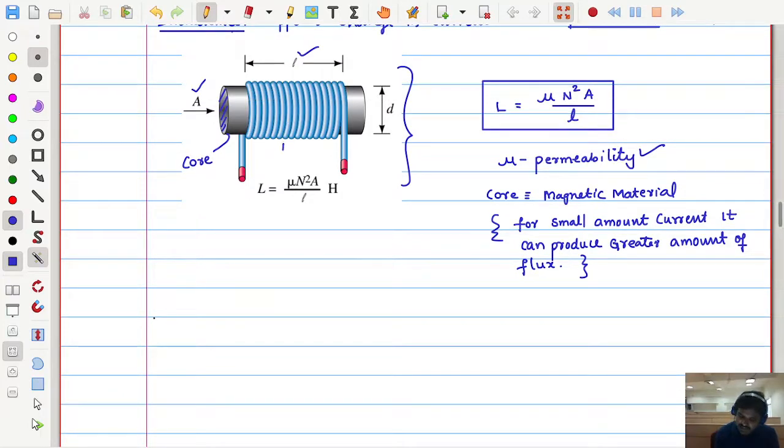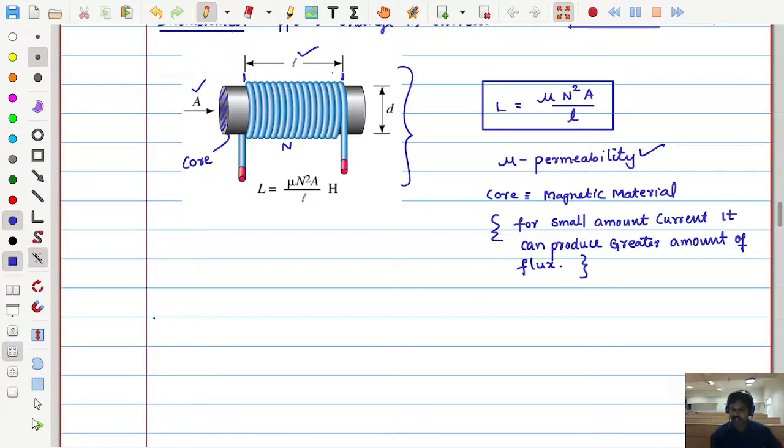Next is the number of turns which we are placing here. The number of turns is n. Like first turn, second turn, third turn, how many rotations you are making around this object. This object might be some magnetic material. Around this, how many turns are you rotating? That is n. And area of cross section is A and length of this core is L. Effective length means from where the conductor is placed, from this point to this corresponding point. That is the effective length of this coil.